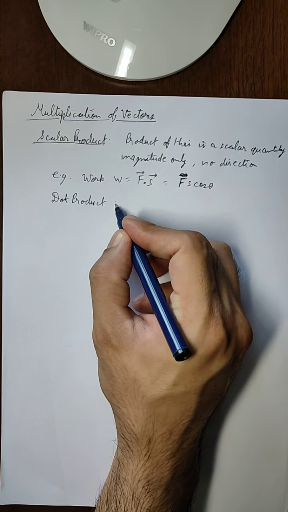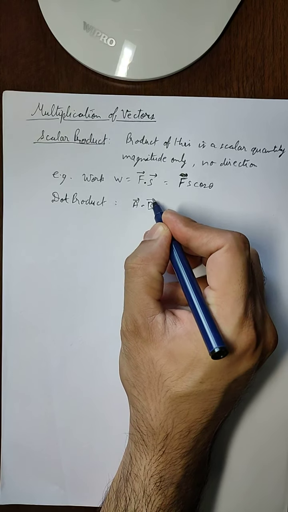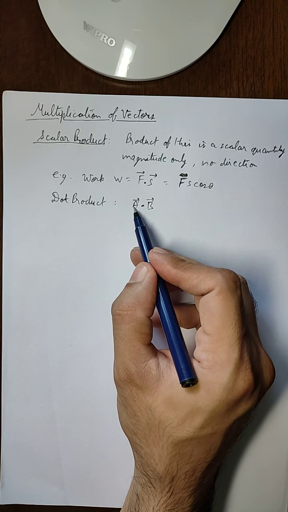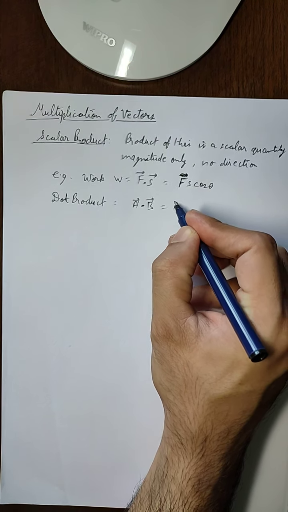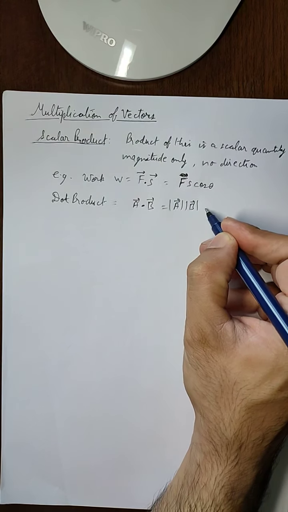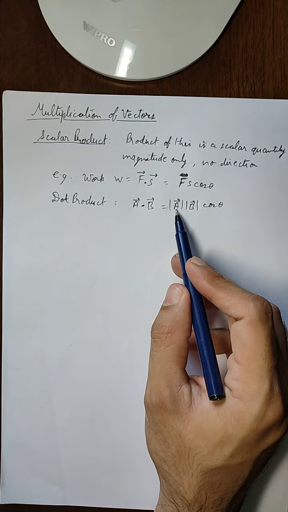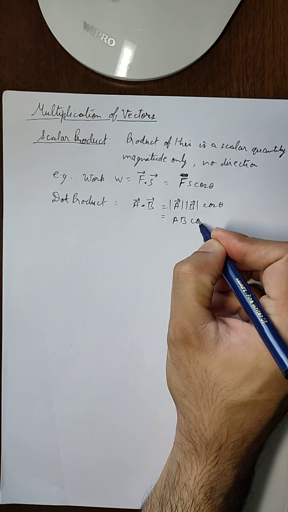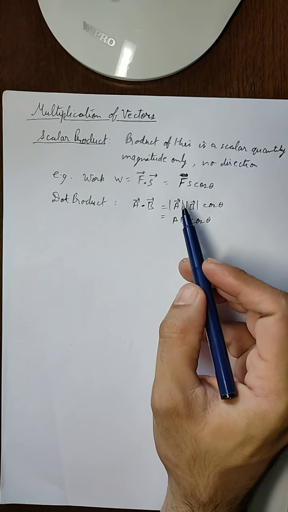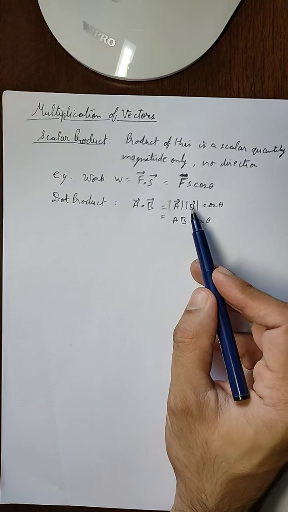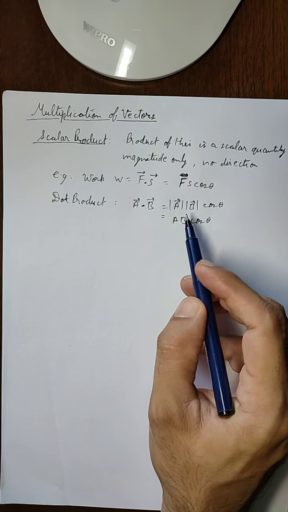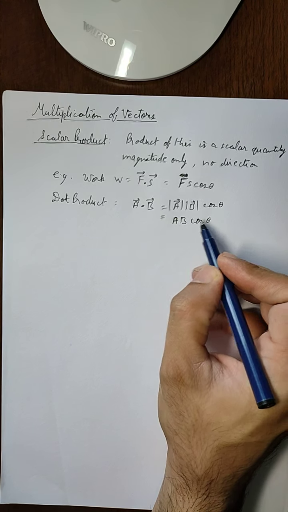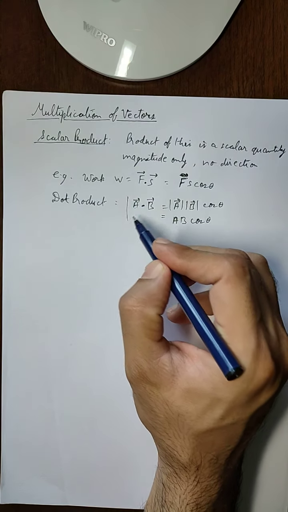And the formula for dot product is: if there are two vector quantities A and B and they are multiplied by scalar product as A dot B, then it will be given as AB cos theta, magnitude of A, magnitude of B cos theta. Or we can simply write it as AB cos theta. We do not need to put the modulus sign every time. Simply writing A will also mean that this is the magnitude of A and this is the magnitude of B, and theta is the angle between vector A and B.